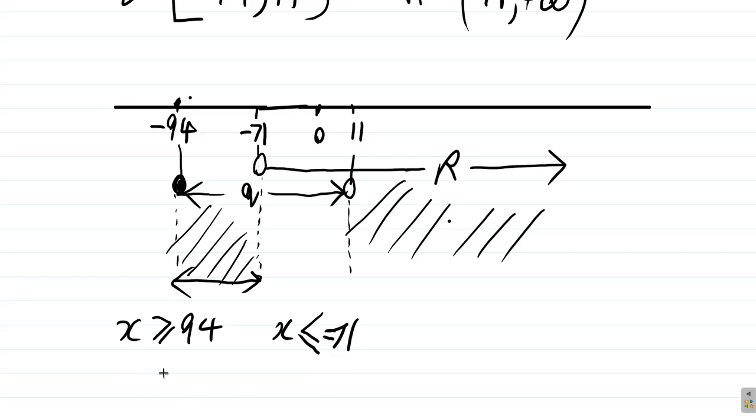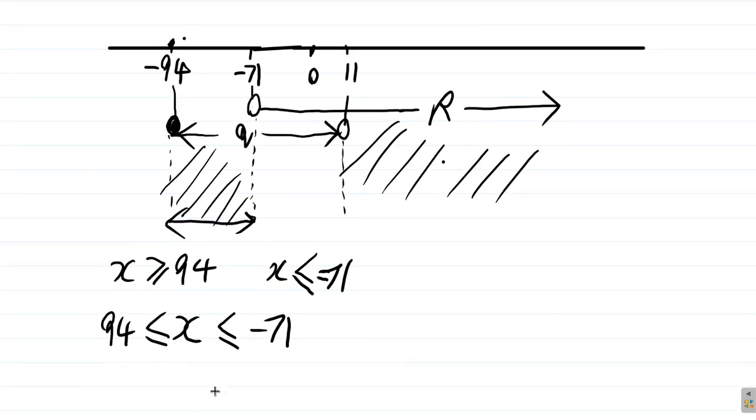So what you could say, if you put x alone here, x is, let's switch it around this way, greater than or equal to negative 94 and less than or equal to negative 71, right? So that's the inequality statement, but for set notation, what you could say